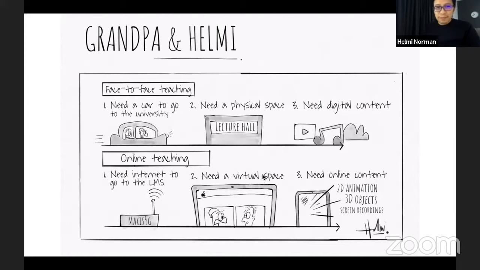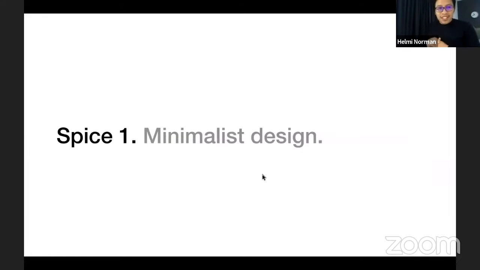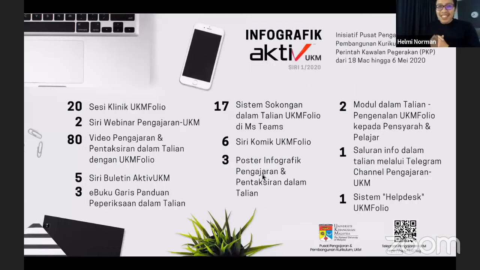Now, in online space, you need a virtual space. I think using technologies is very powerful in delivering that. Yeah. All right. So keep it simple yet meaningful. That's ingredient number 4. So spice 1. So we're talking about food here. Minimalist design. Okay. So you want the design to be clean,